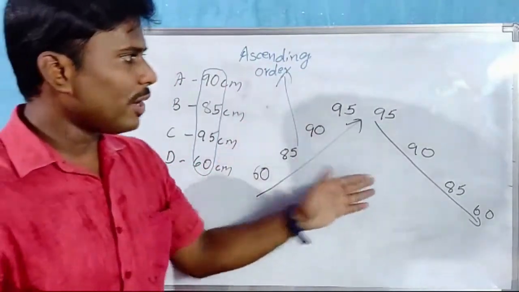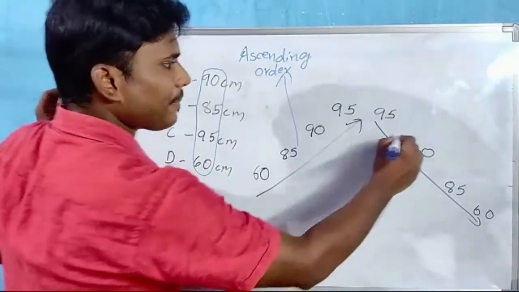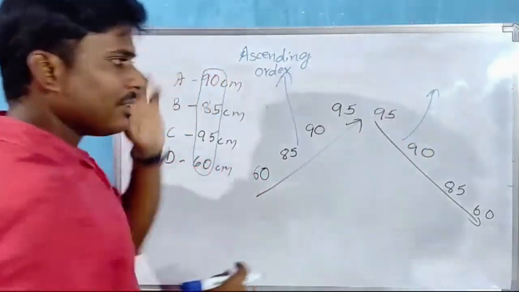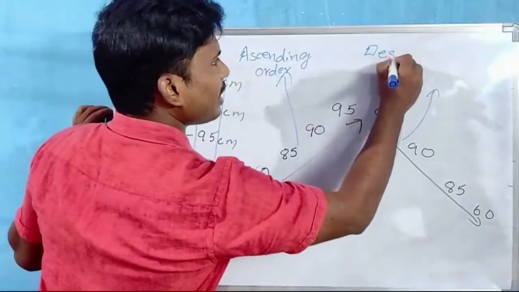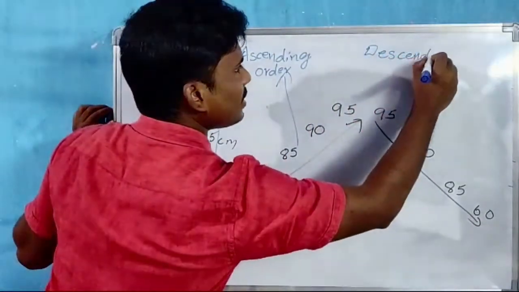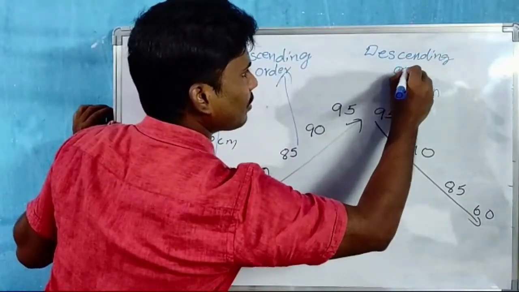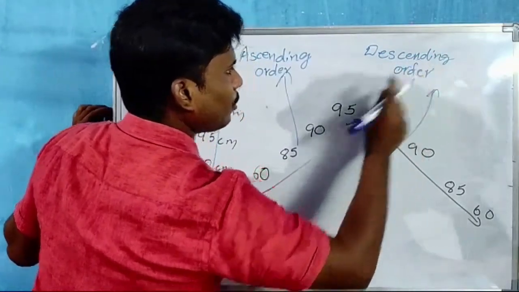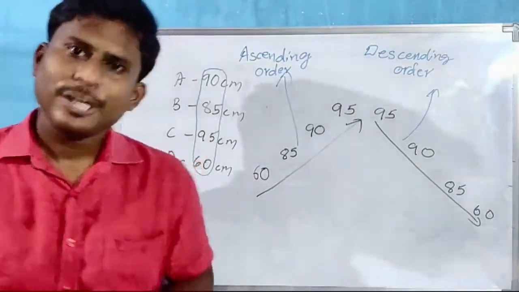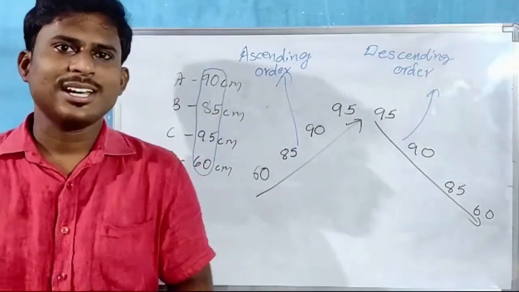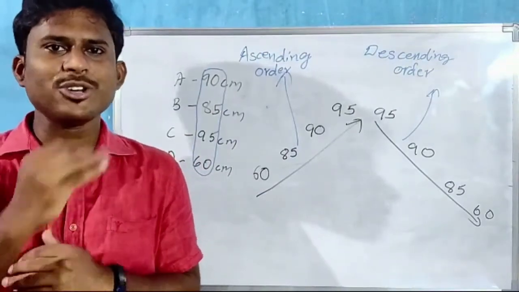Okay. Now what is this? Descending order. Arranging the numbers from largest to smallest. So this will be descending order. Okay. Ascending order as well as descending order. Now basing on this, let us learn a song. Let us enjoy a song.